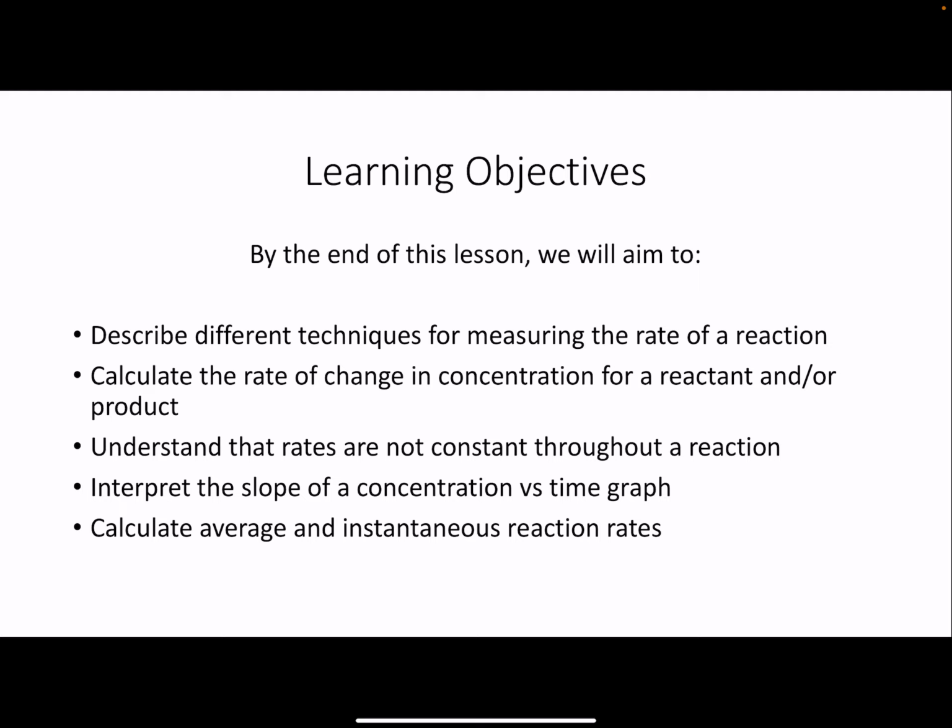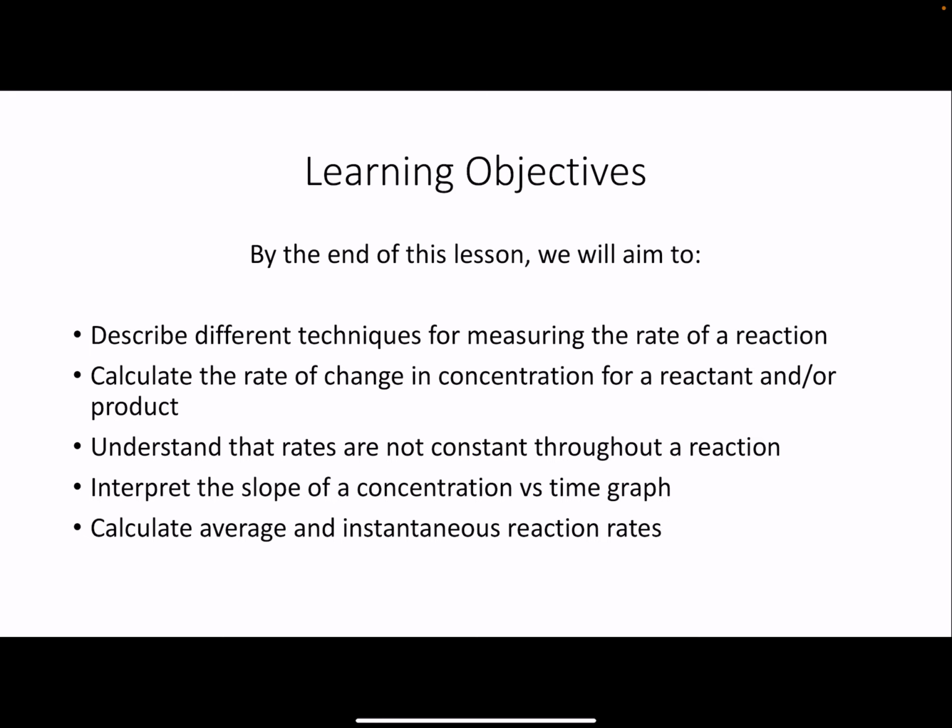reaction. So it's one thing to say what we'll measure, it's another thing entirely to explain how we will actually measure it. Then we'll calculate the change in a concentration for a reactant or a product and how that relates to the time that it takes to do that. In the middle, we'll understand that rates are not constant throughout a reaction, so they do change and it's not a linear relationship. Then we'll work on interpreting the slope of a concentration versus time graph and calculating average and